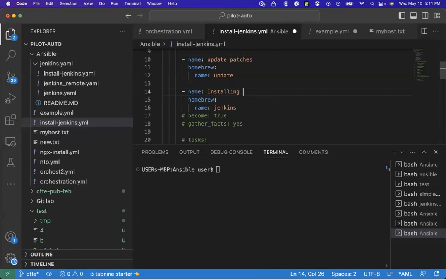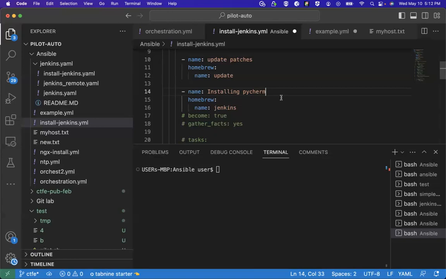Install what? Install PyCharm. PyCharm. Spell. PyCharm.